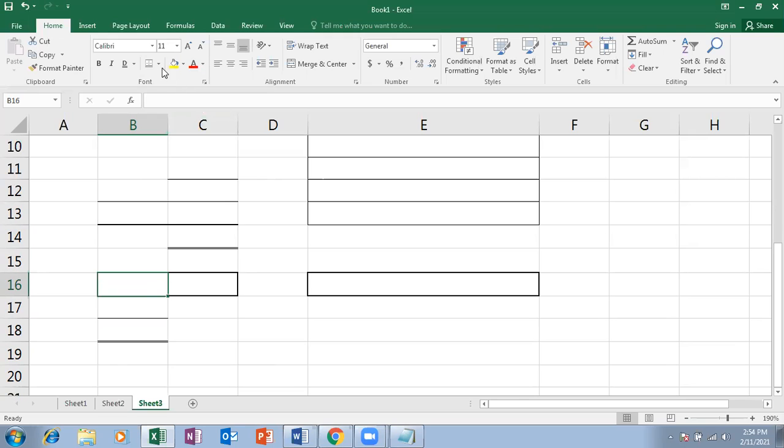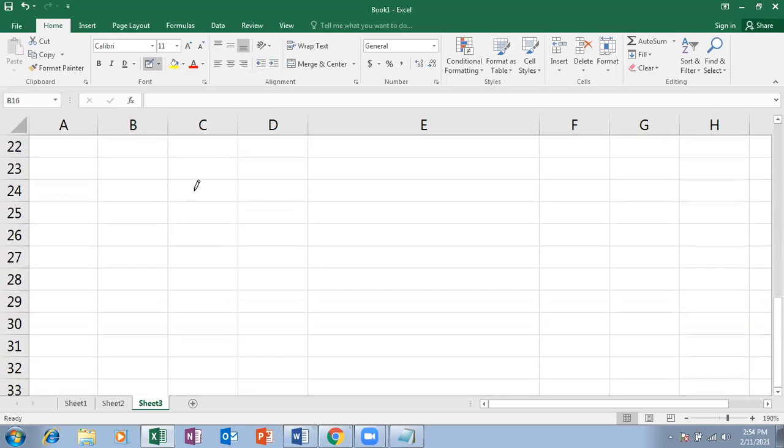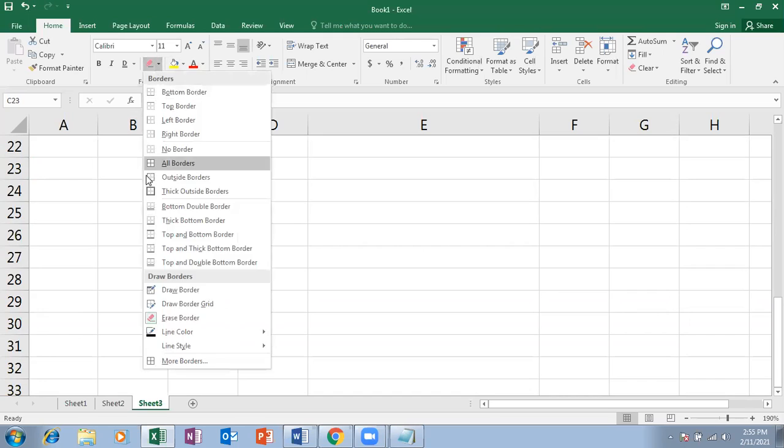And then again click on the tool, draw borders. You can draw the border like this. Again, you can erase the borders. Draw border and you can erase the border.